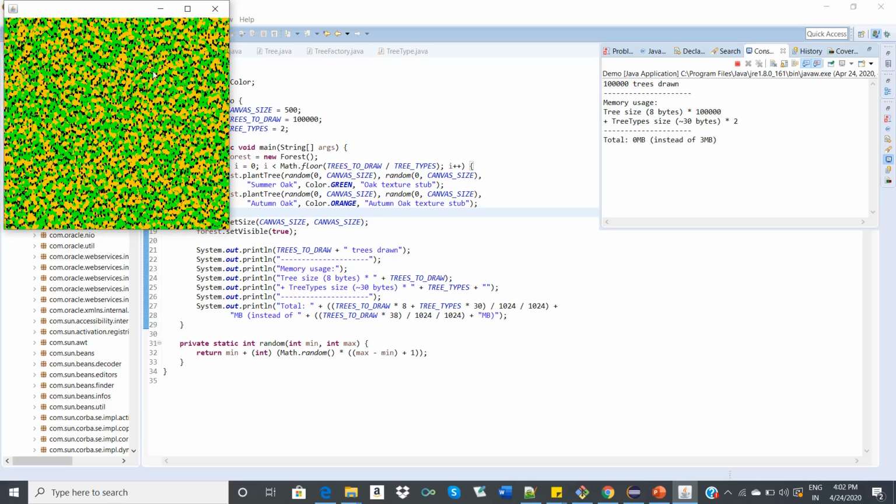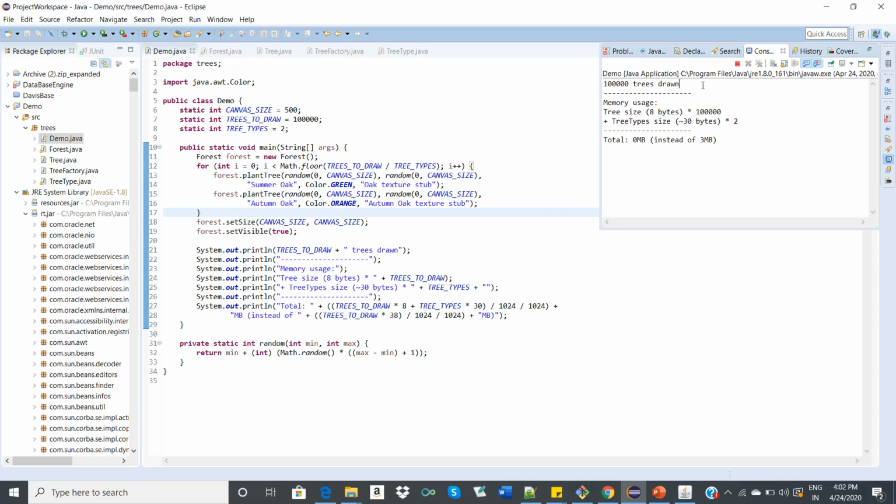Here we created 100,000 trees, where using the flyweight pattern we used only 0 megabytes of memory. Without the flyweight pattern, we may be using 3 MB of total memory.